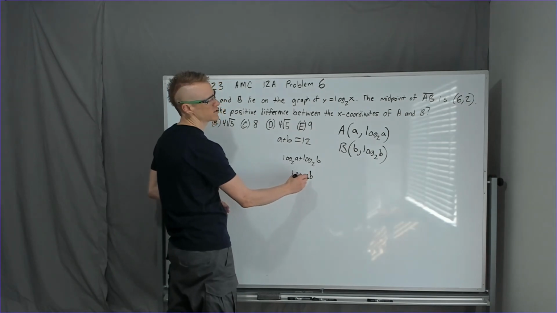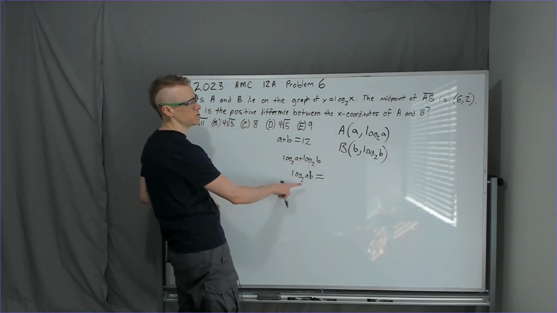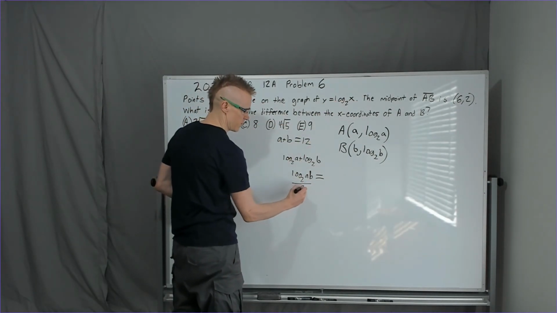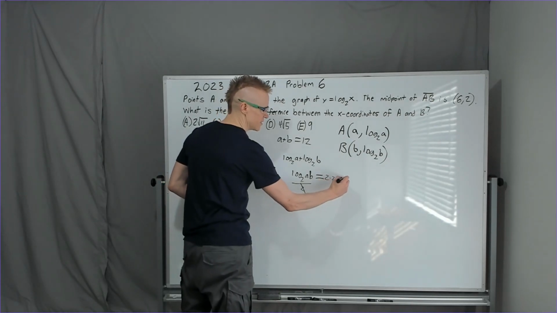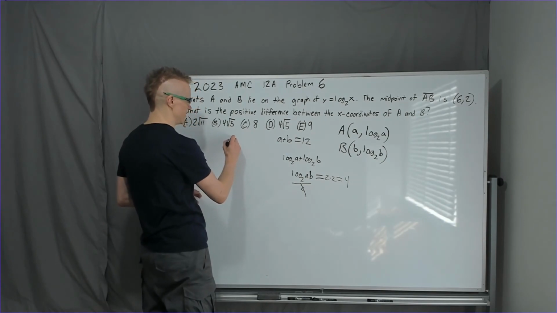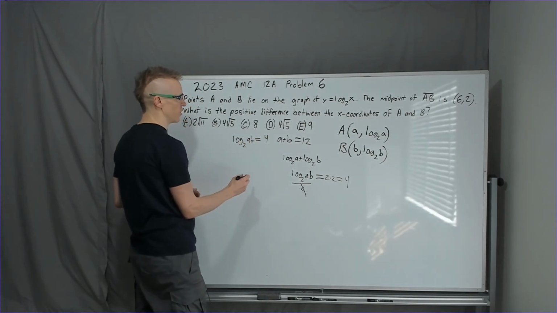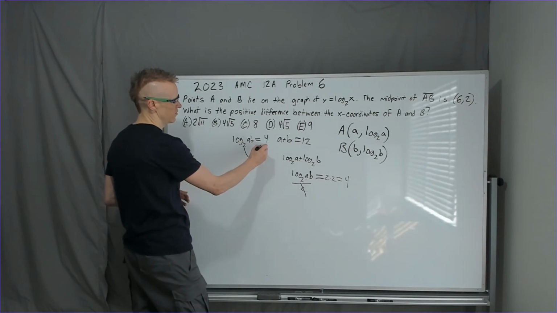So log base 2 of ab divided by 2 is equal to 2. So if you want to write it, and then you're going to get rid of it and put it right here with the other 2 to get that it's 4. So now what? Well, you've got log base 2 of ab is 4. What I do next I call smiley frog face. 2 to the 4th power